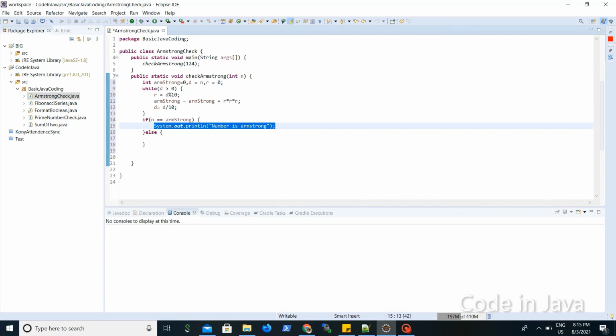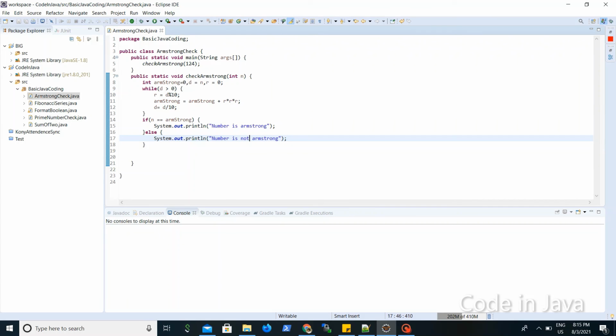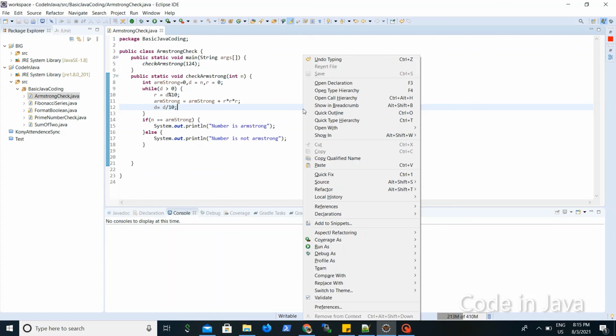So this is the complete logic, and once we give 124, it should print number is not Armstrong.